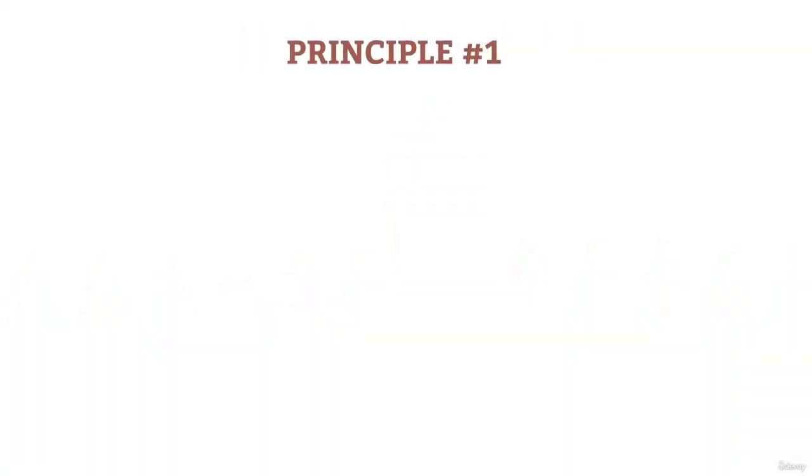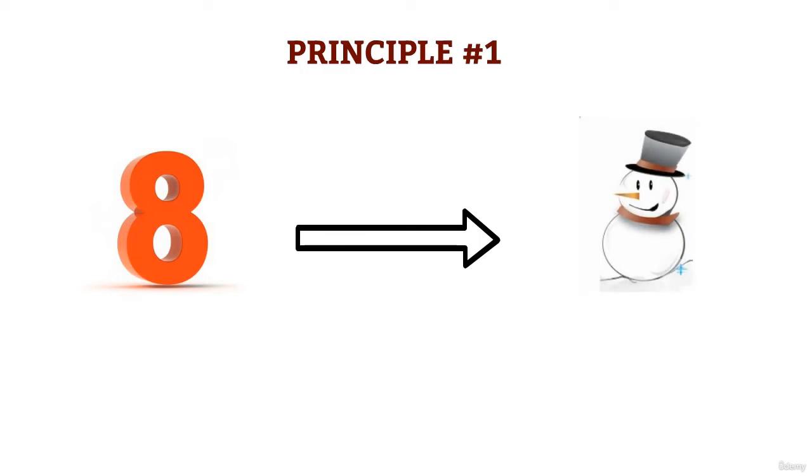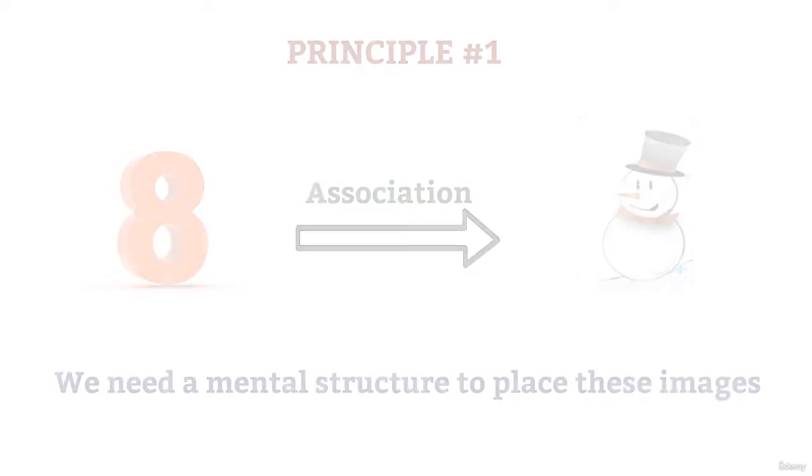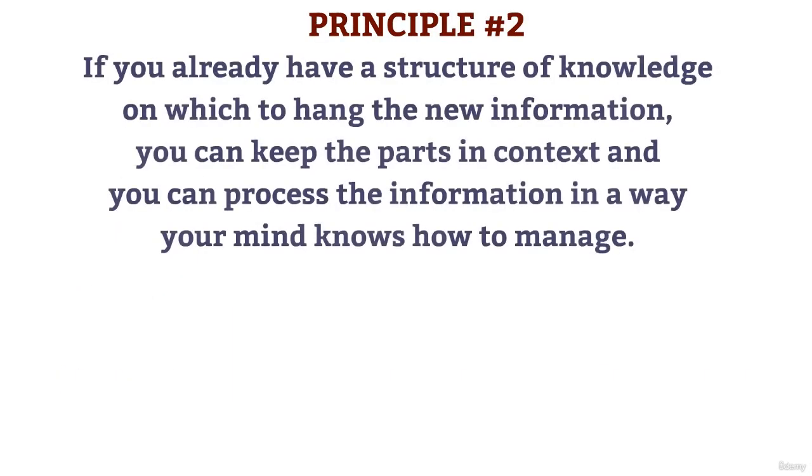Therefore, according to the first principle, to memorize abstract concepts, we must mentally transform them into concrete and real images with the help of association. Thus, to memorize them, a long series of numbers or a scientific text is transformed into a series of concrete images of some people, objects, or animals. On the other hand, so that our brain does not become confused when it tries to remember what it has previously memorized, we need a mental structure to place these images in order. The need for this orderly structure brings us to the second principle of memory training.